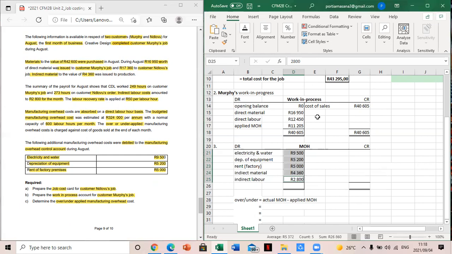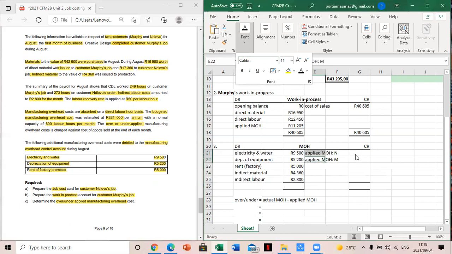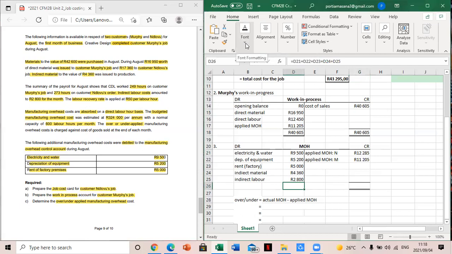And then on the credit side, we have the applied manufacturing overheads for Murphy, also applied manufacturing overheads for Zovo, right? So the amounts were calculated in both A and B. And the amounts that we have is 12,285 for Zovo and 11,205 for Murphy, right? So you can calculate both sides and see which one is more. And in this case, we can see that the debit side has more entries. Also the amounts, it's going to give us a bigger total, right? So you're going to add this side, and then it gave us a total of